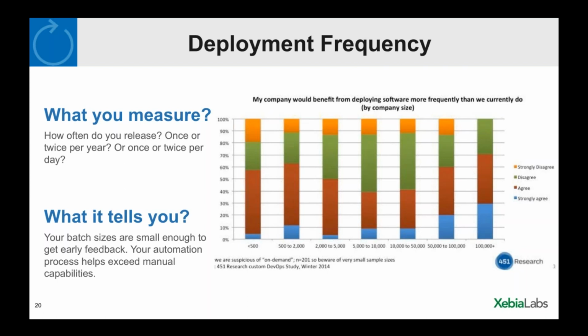But as a general rule, thinking about delivering software more frequently is very important, because ultimately you're getting feedback sooner, right? So rather than waiting 6 months to discover whether benefit came from the work you're doing, you want to find that out as soon as possible. So what are you measuring here? Well, you're measuring how often you release. Are you releasing several times a year? Are you measuring daily, hourly, weekly, whatever, right?